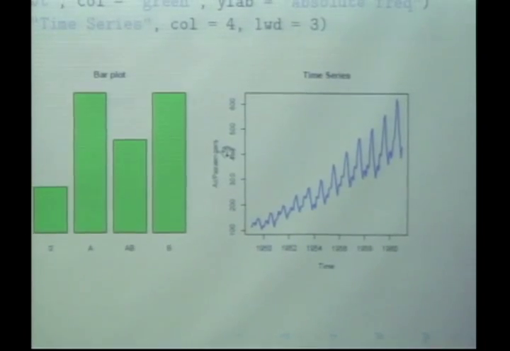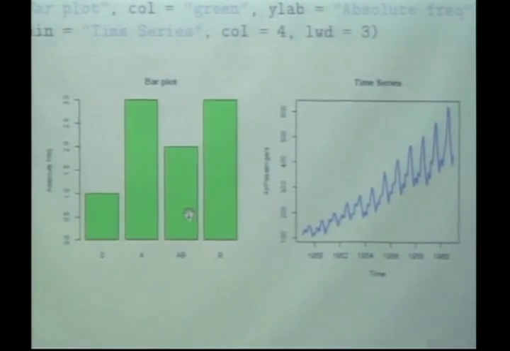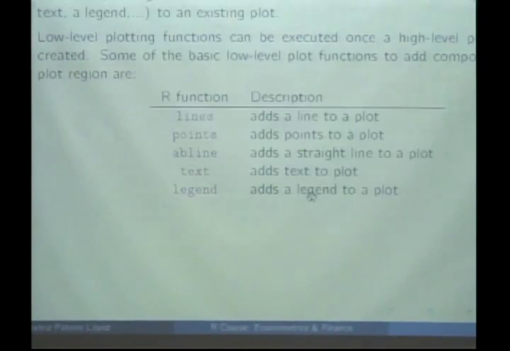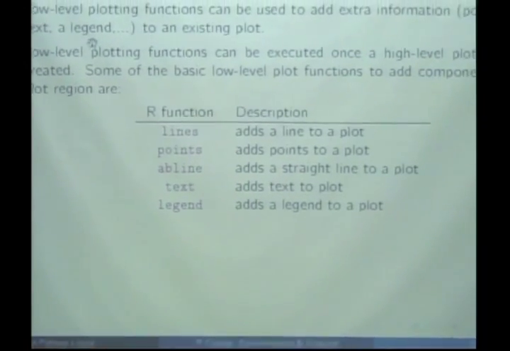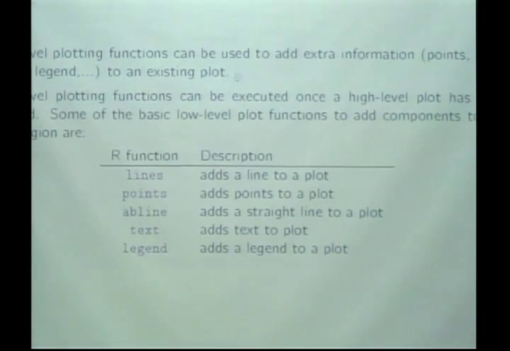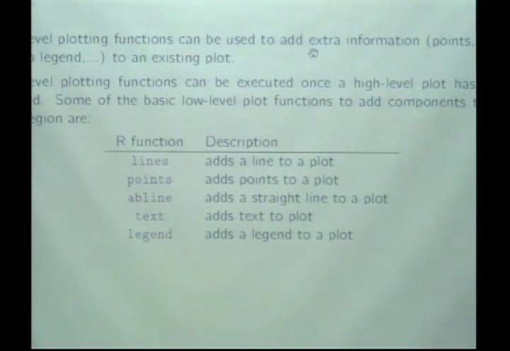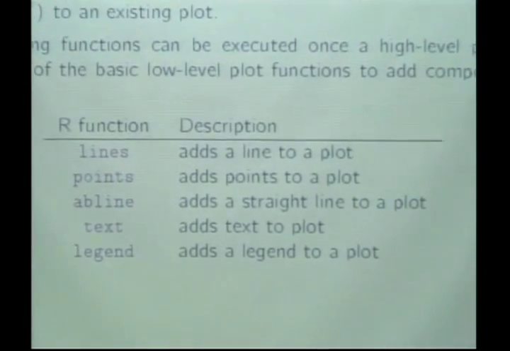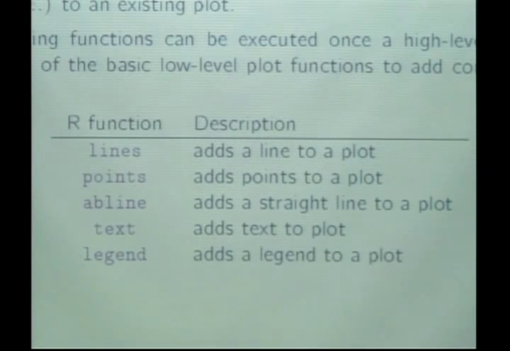Well, and what if I want to add something to a plot that I already did? Well, then I have to use the low-level plotting functions. They can be used to add extra information. So for instance, if I want to add a point, or if I want to add lines or text or a legend to an existing plot. These functions can be executed only once a high-level plot has been created. So for instance, I cannot use lines